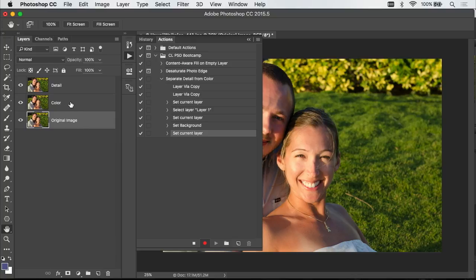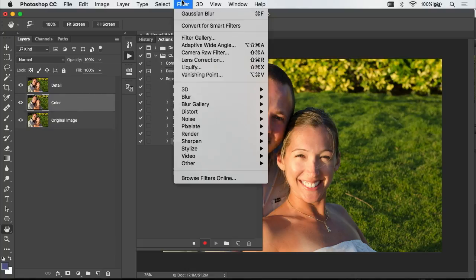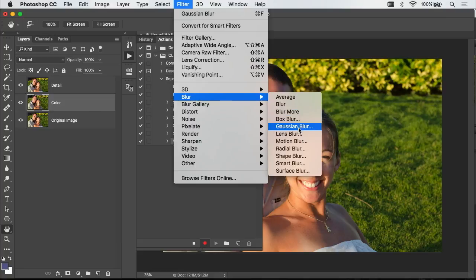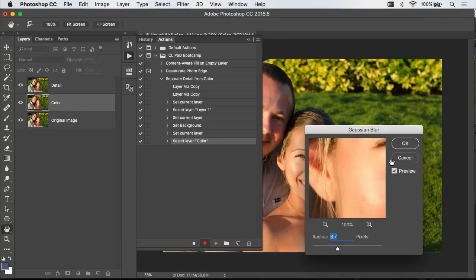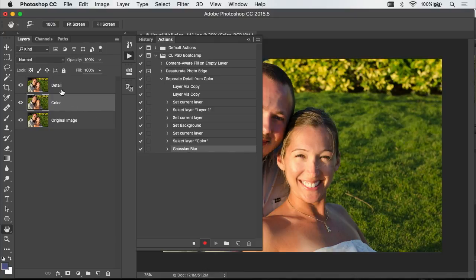Then I'm going to click on the layer called Color. And that's the one I'm going to blur. So Filter, Blur, Gaussian Blur. Now I'm already anticipating, because I know that the amount of blurring would most likely need to be different depending on the picture. If I had a low resolution, tiny picture versus a huge high res picture. And so I'm already anticipating that I'm going to be turning on the little icon, the little square area that says ask me for settings. Click OK. Then I need to click on the top layer, and I'm going to choose